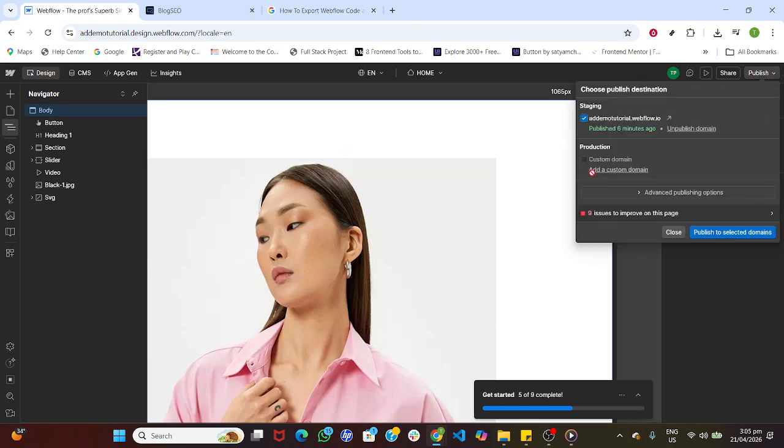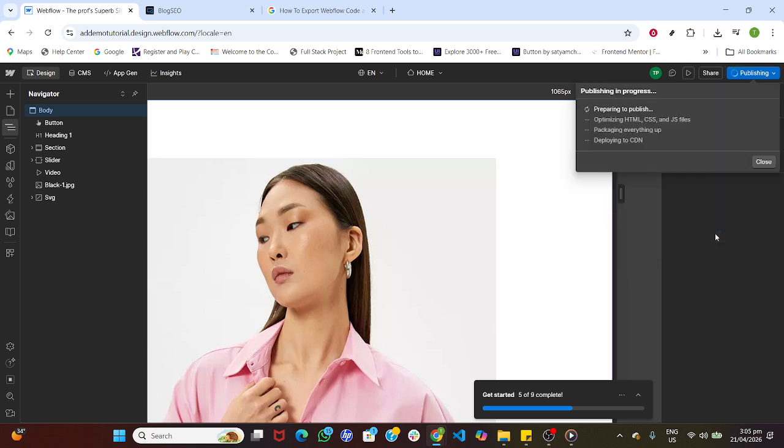When you're ready to host online outside Webflow, upload the unzipped files to your server or a static host of your choice, making sure index.html sits at the root. After upload, test key pages